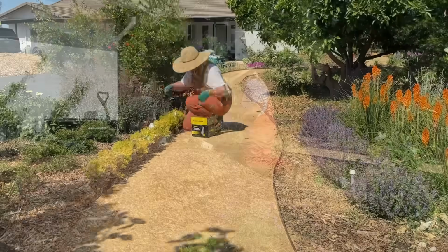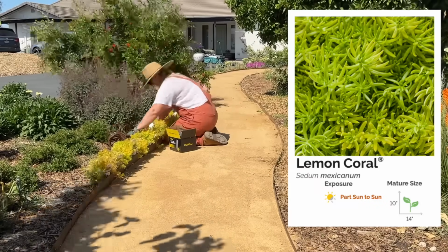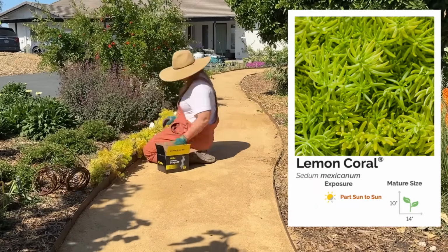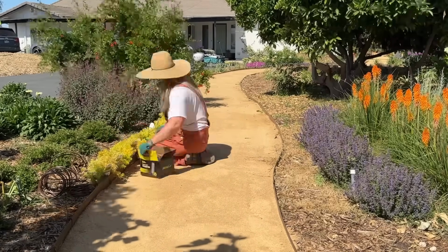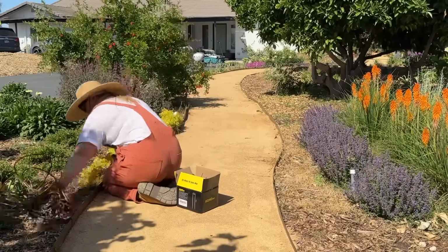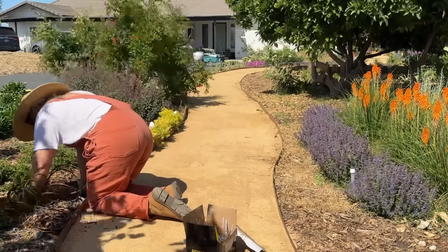All right, now on to the lemon coral sedum. This area is just a little bit down from the garden bed that I was working in before. I'm still in my orchard garden bed, and I knew I wanted to plant something right along the pathway, and I couldn't quite decide what I wanted. But then I saw I had all these beautiful, beautiful lemon coral sedum, and I knew I had to line